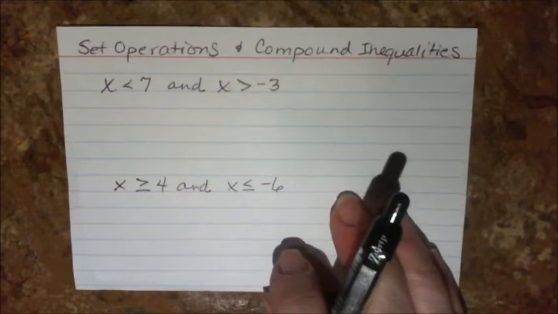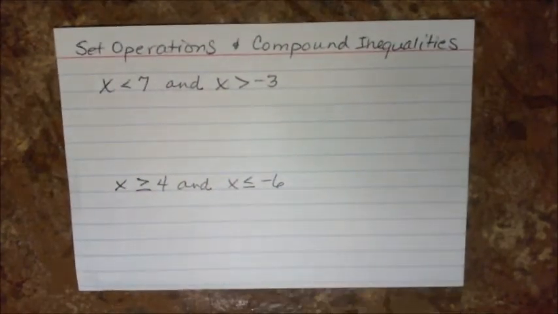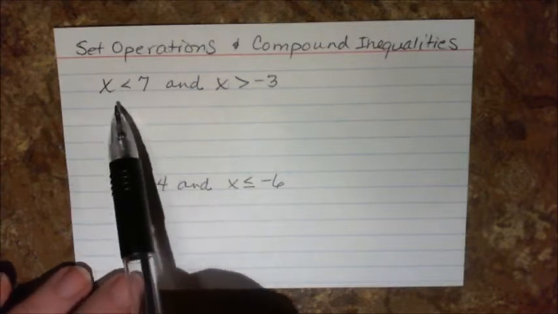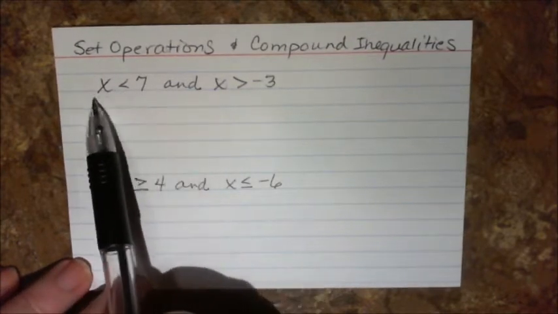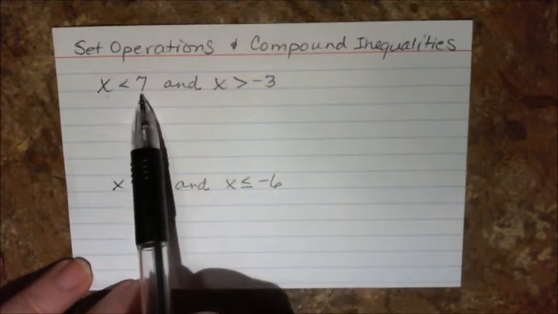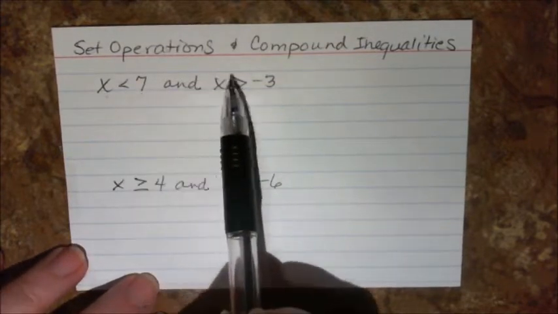Let's take a look at set operations and compound inequalities. Okay, so where are we in our outline here? We are now beginning section 3.2. Right. If we're to find the solution for the compound inequality x is less than 7 and x is greater